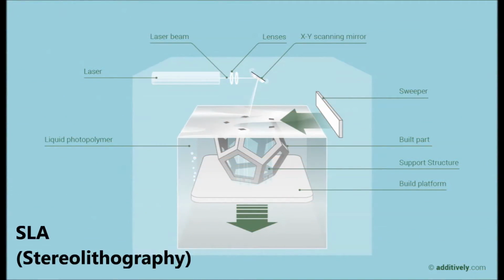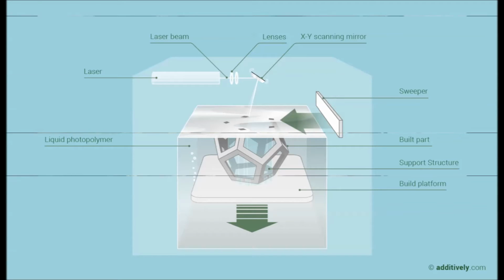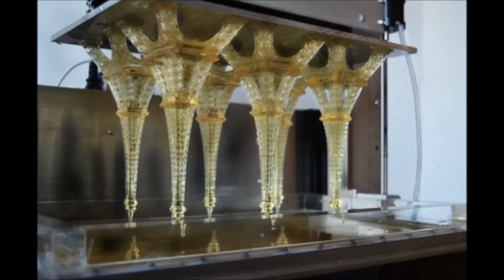SLA, or stereolithography 3D printing, works with a liquid resin that turns into a solid when exposed to light, usually high-intensity UV light from a UV laser or a powerful UV light source. An upside-down platform drops down to the bottom of a container filled with the liquid resin until it almost touches the transparent bottom of the container. UV light then comes up through the bottom, hitting the selected regions of the resin, hardening it and making it stick to the platform. Then the platform moves up a fraction and the process is repeated, building up an object